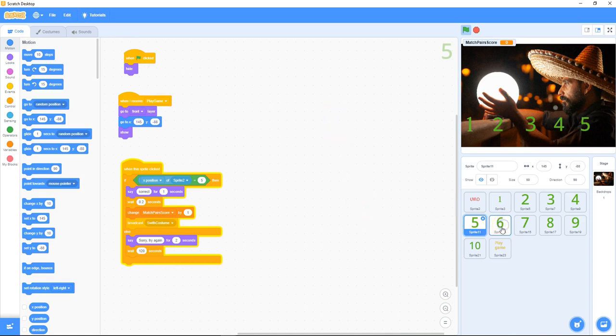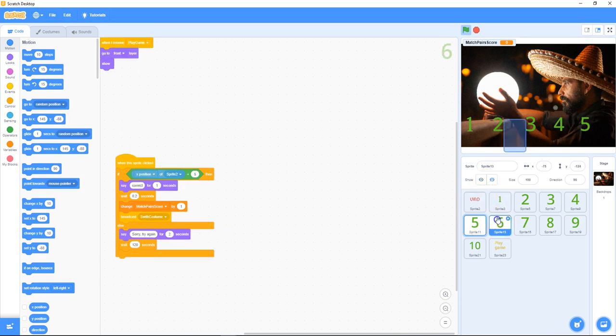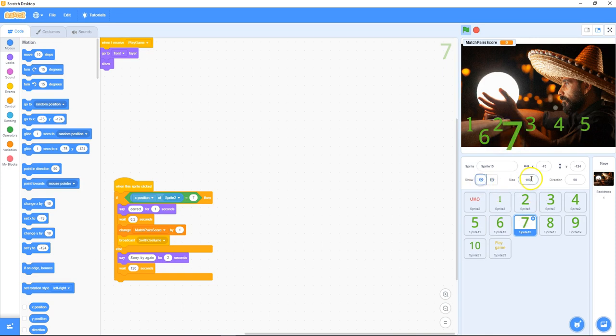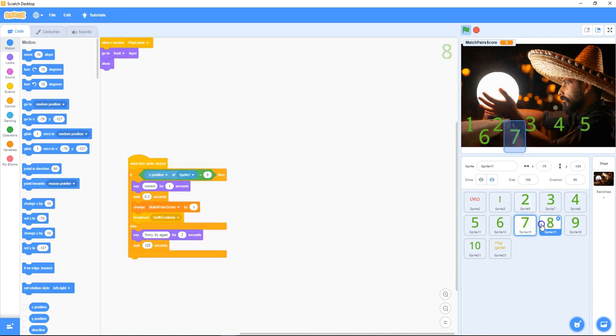Then 6 to 10 goes on the second row, so we show number 6. And size 50 and enter, and then this placed in between. Number 7, show size 50, enter, and it's pretty much where we want it. Number 8, show size 50, enter, and